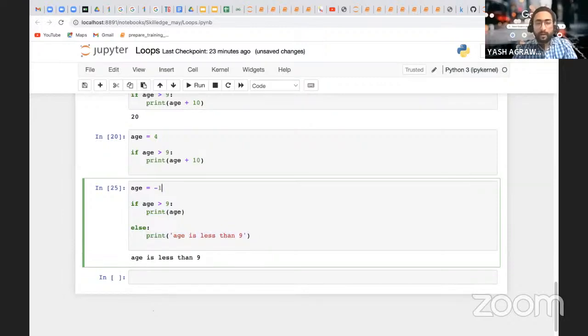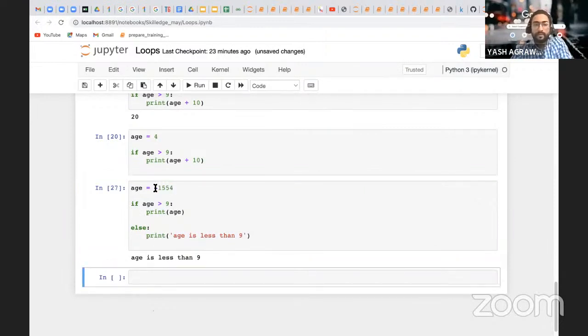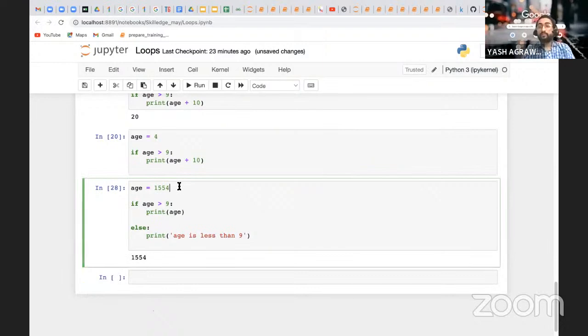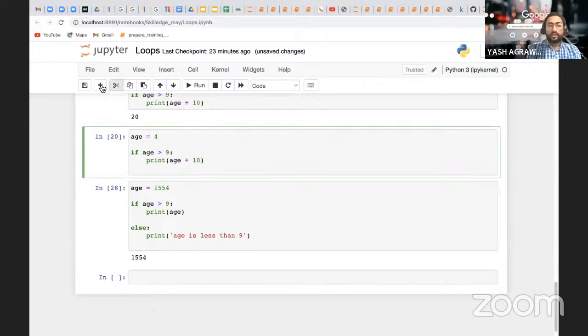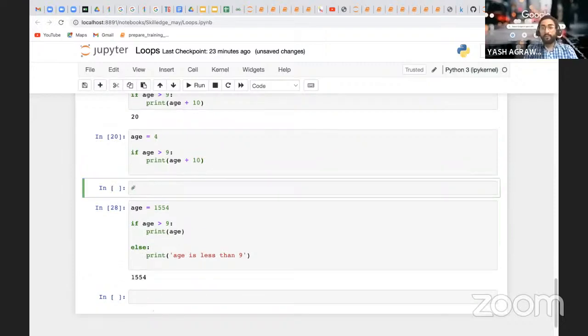अच्छा सर, हियर वी विल राइट -1, स्टिल -155 स्टिल. अब इसको प्लस कर देंगे हम, तो क्या हुआ, हमारा एज प्रिंट हो गया. सो दिस इज हाउ योर कंडीशन वर्क्स. ओके, सो नाउ वी हैव आल्सो इंट्रोड्यूस्ड योर एल्स कंडीशन. एल्स कंडीशन कब यूज होगी सर, एल्स कंडीशन आपकी आती है, ओके, जब आपका इफ कंडीशन फेल होगा. इन दैट केस वी नीड एल्स कंडीशन, राइट. अगर आपका प्लान ए फेल हुआ, तो फिर प्लान बी क्या है, ओके, दैट इज नथिंग बट योर एल्स स्टेटमेंट. ओके ओके, एल्स कंडीशन.